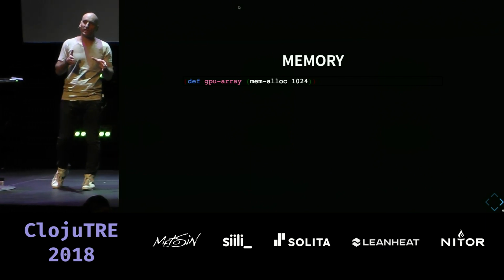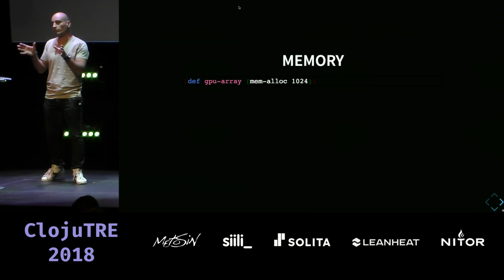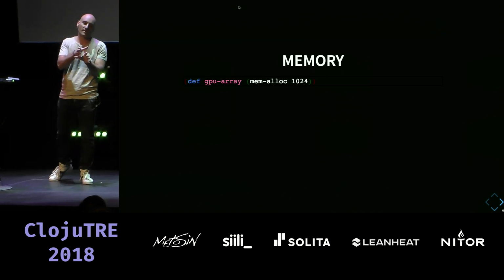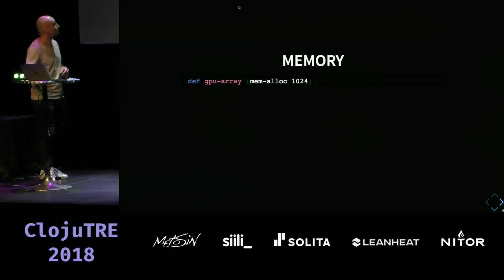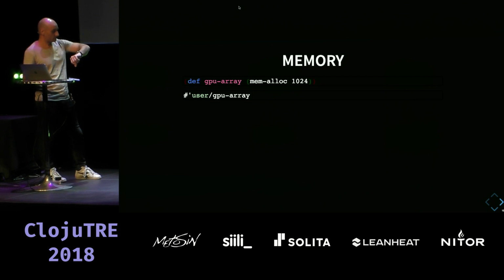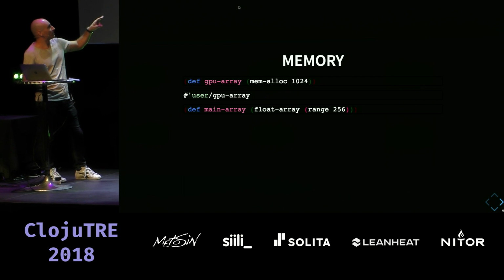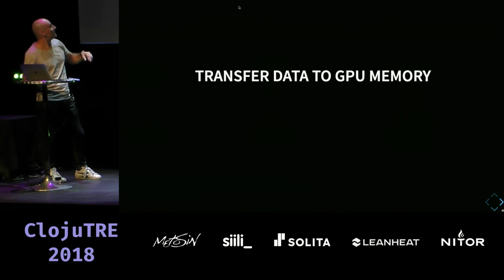Another important thing, the GPU has its own memory. So I have to work with main memory and the memory of the GPU and somehow synchronize the data. I create an array on the GPU. I create an array in my Java virtual machine. Let's check. Okay, in Java, it's an array of consecutive numbers.